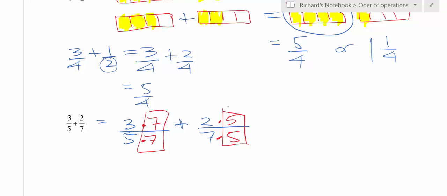And basically chopping it up so that I've got the same size pieces that each fraction is divided into. So now, well, what does this turn out to be? So this turns out to be